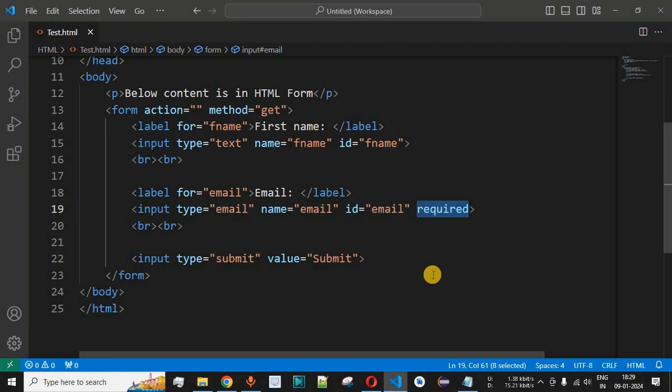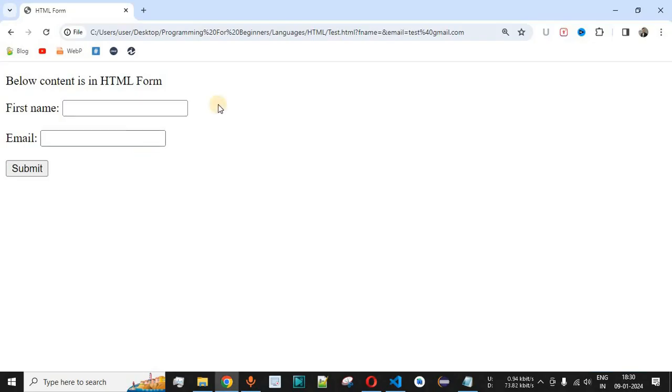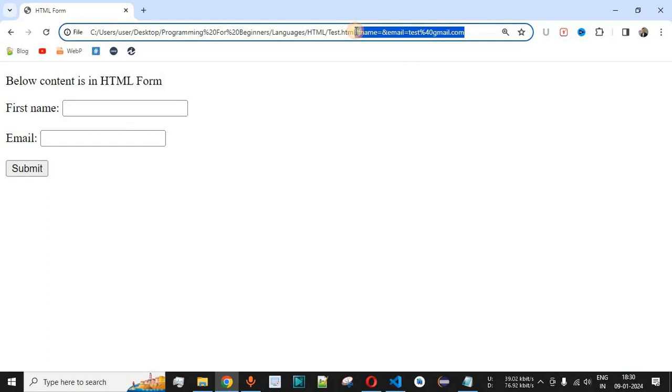But guys, let us say we want to disable the validations on all the input fields that are present inside the form tag. So simply we can come to the input field over here that is related to the submit button, and we can provide the formnovalidate attribute. So as you can see, we have this formnovalidate attribute in this case, which will help us in order to disable all the validations that are currently present for all the input fields inside the form tag over here. So guys, let me just save this file now and try reloading this page once again on the browser.